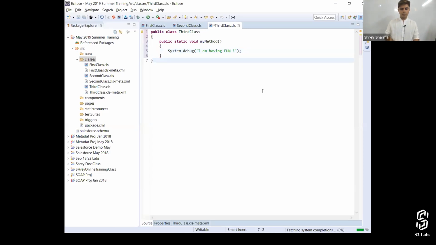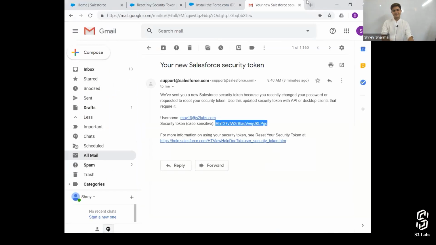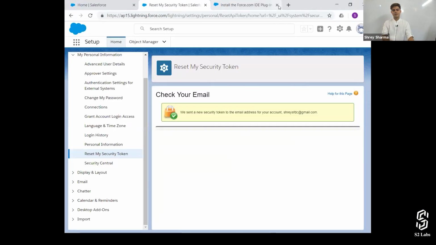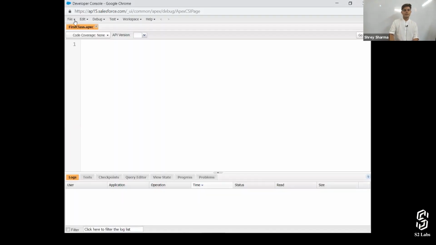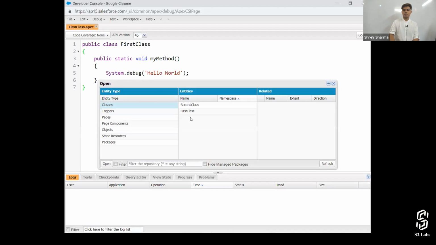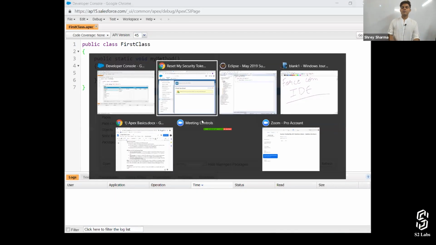Right? Are you okay? Just save it. This program will get saved. Will we get it on our Salesforce org as well? Let's see. I doubt. I'll go to the developer console. And in this developer console, I'm going to open classes: first class, second class, nothing else. How can you compile it there in Eclipse? Because there is no compiler in Eclipse. Whenever you want to compile the program, it'll go to the server. So let me show it to you what we need to do.